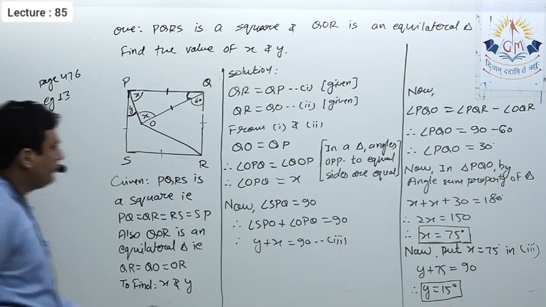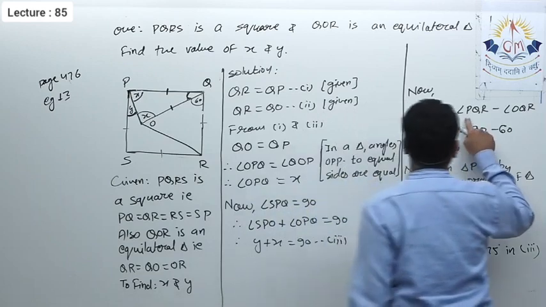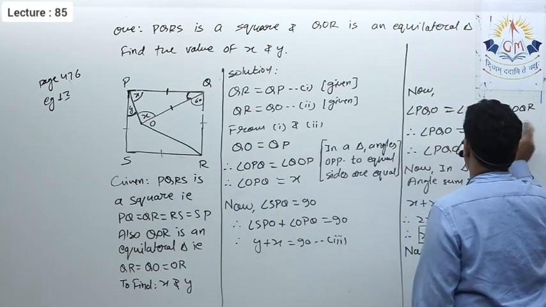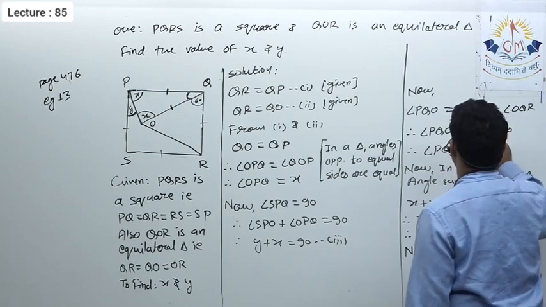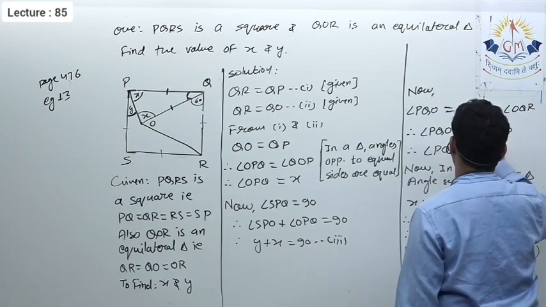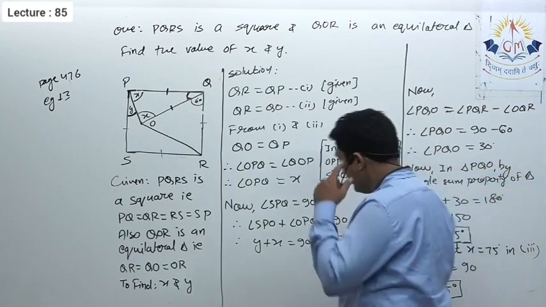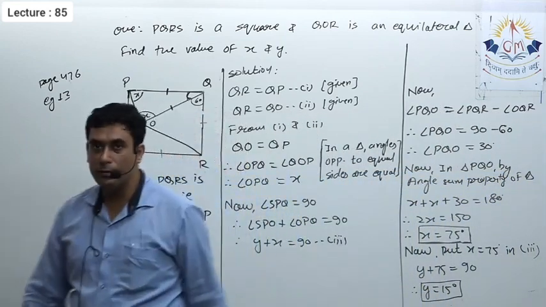One thing more that you can see here, I took angle PQR 90 and angle OQR 60. That reason I didn't write. So you can write PQR equal to 90 because PQR is a square and triangle OQR is an equilateral triangle. Okay, so please note it down.